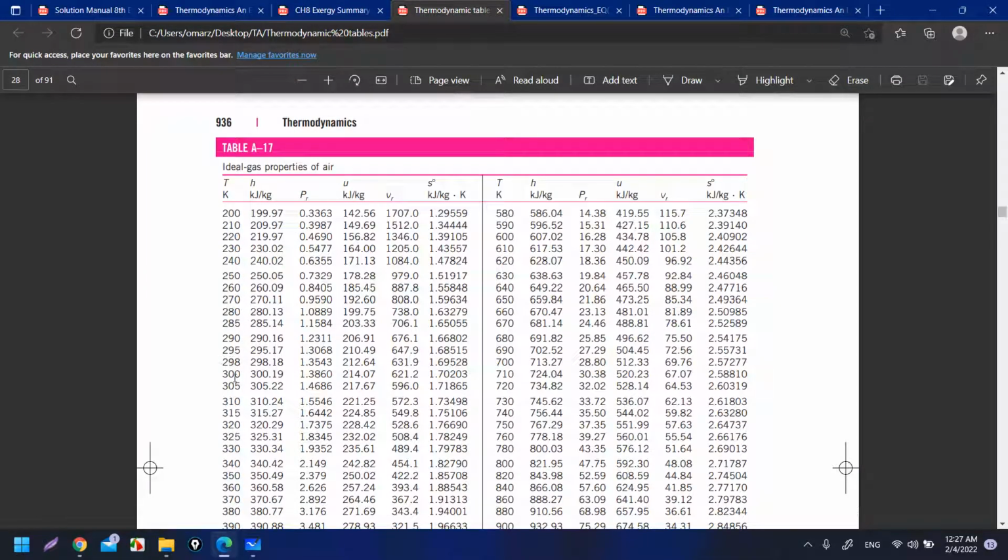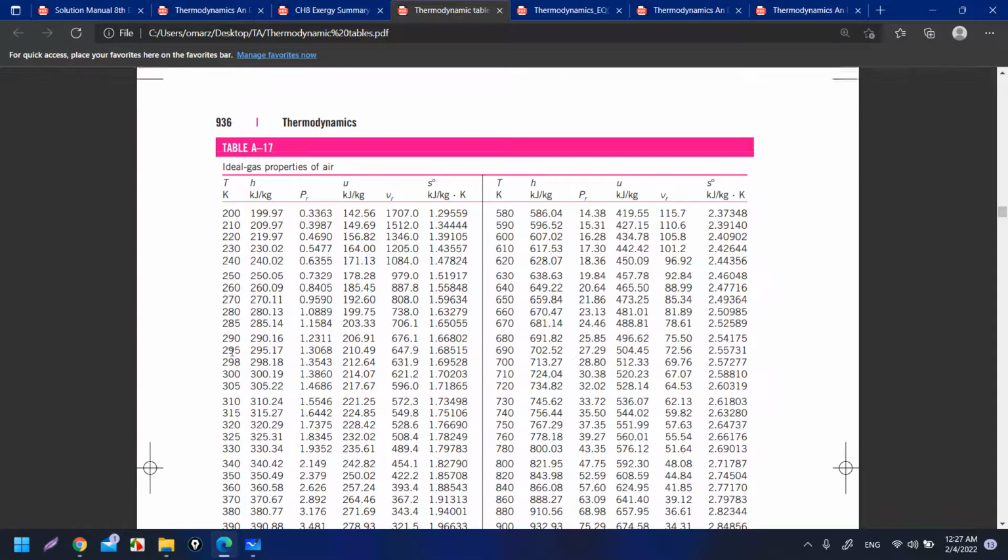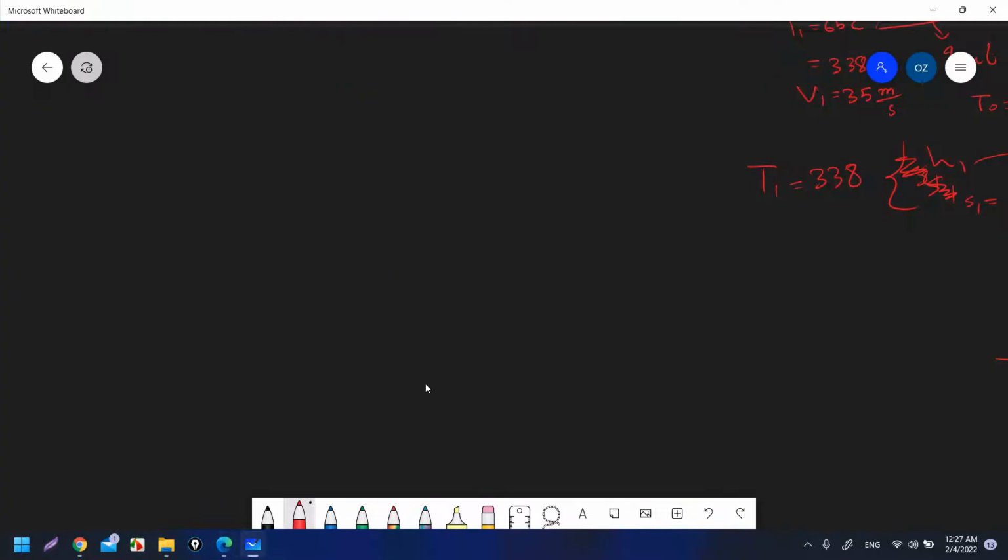My temperature is 338. Okay, my temperature is 338, and it is between 330 and 340. Okay, so let's make interpolation. Okay, so we'll make interpolation between T and H, so I can get H, and also I want to get S. Okay,